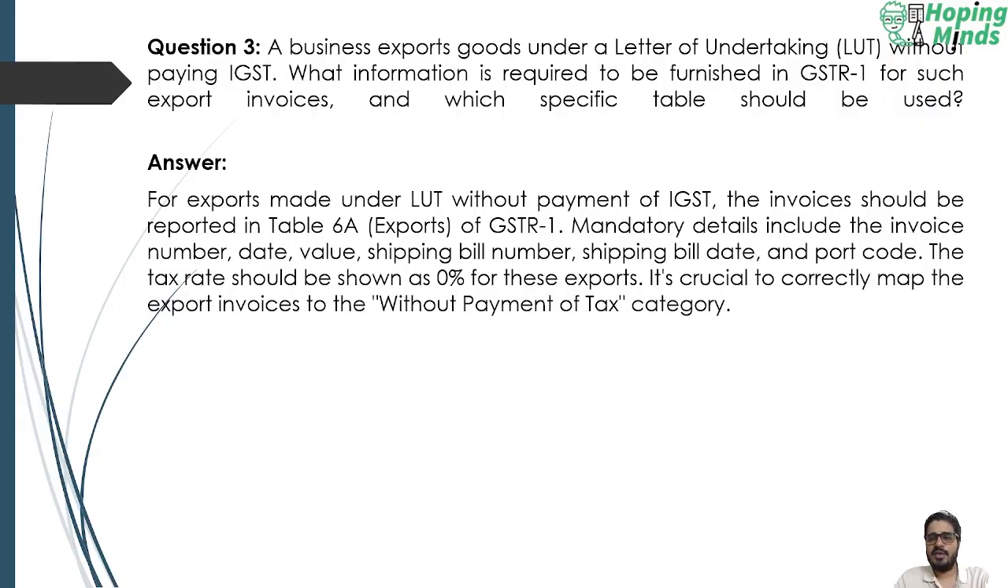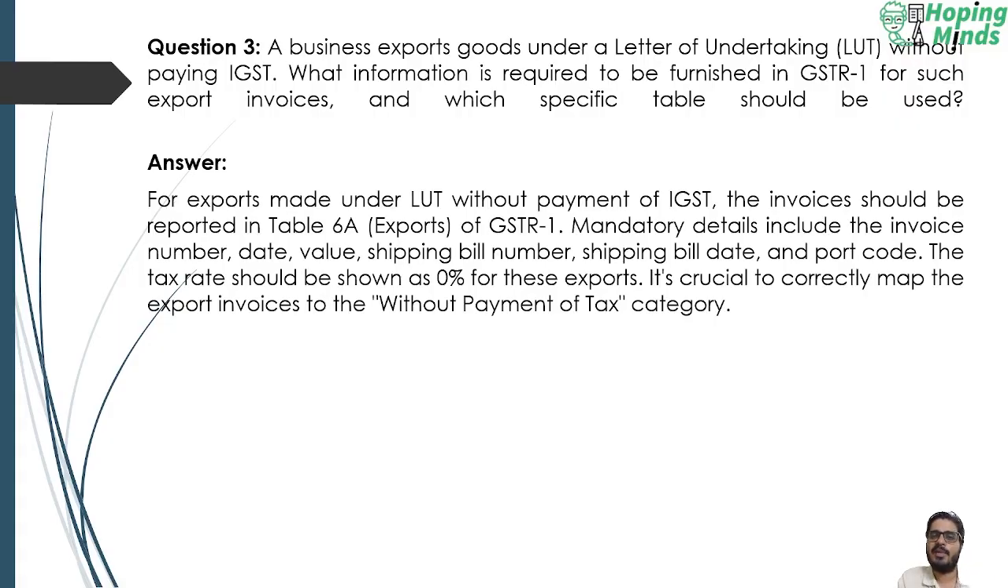So under GST, an exporter has two options. One is obtaining a letter of undertaking, and in such a case he is not required to pay GST upfront, and another is payment of GST upfront and subsequently claiming the refund of the input tax credit or the taxes amount that has been paid. So for exports made under LUT without payment of IGST, the invoices should be reported in table 6A,